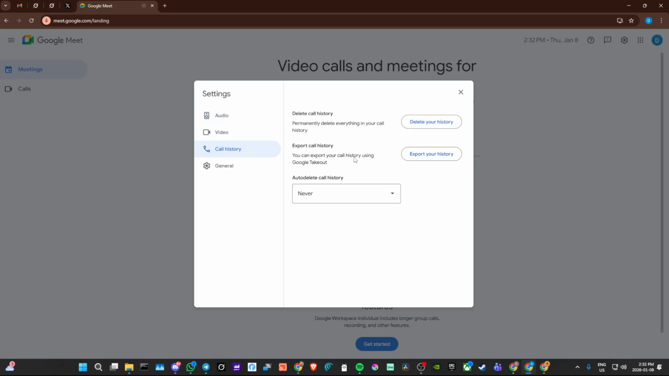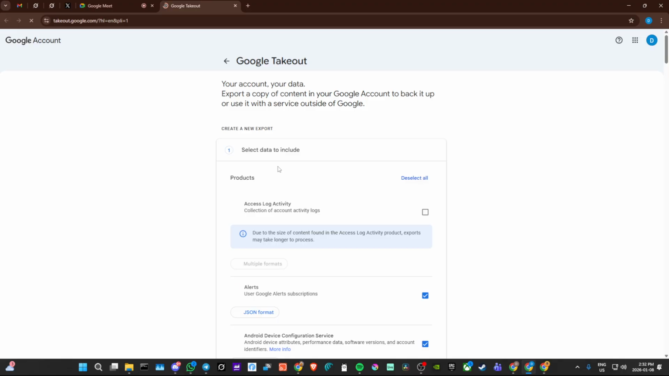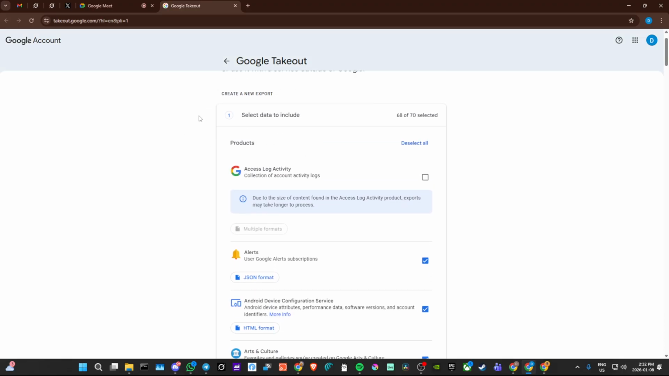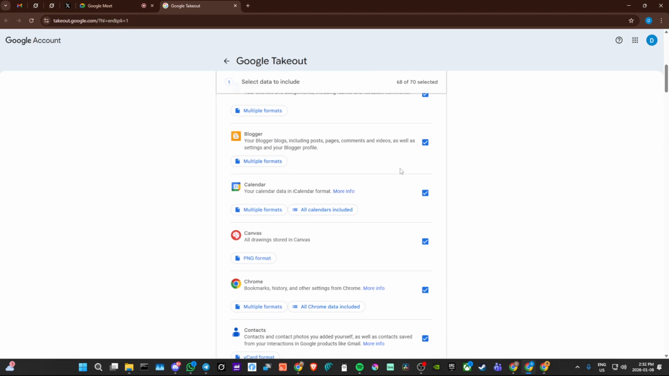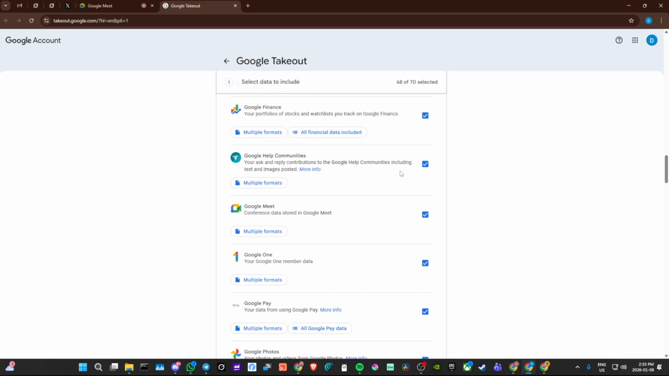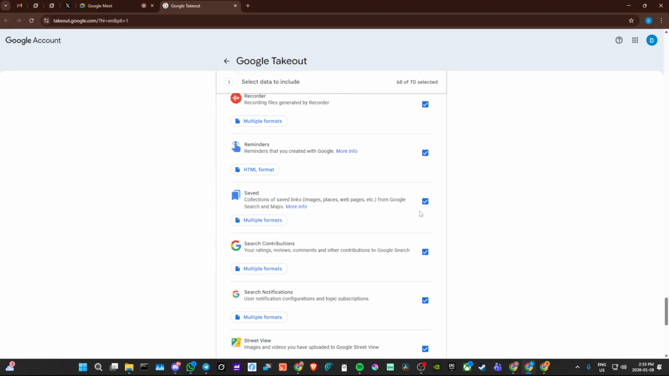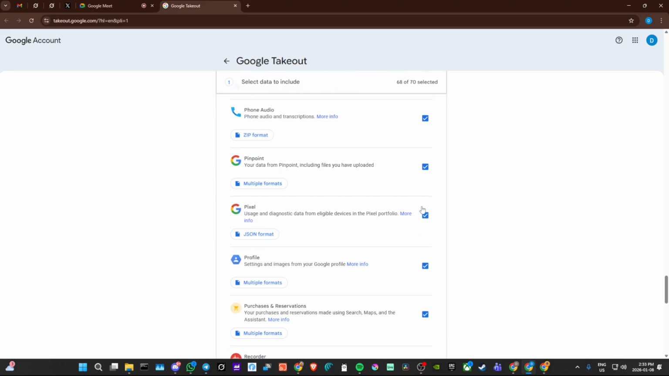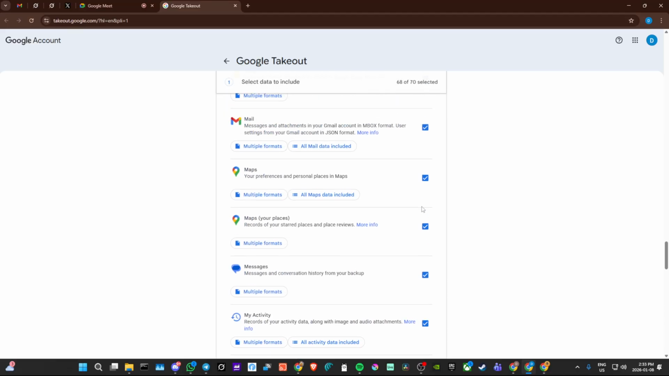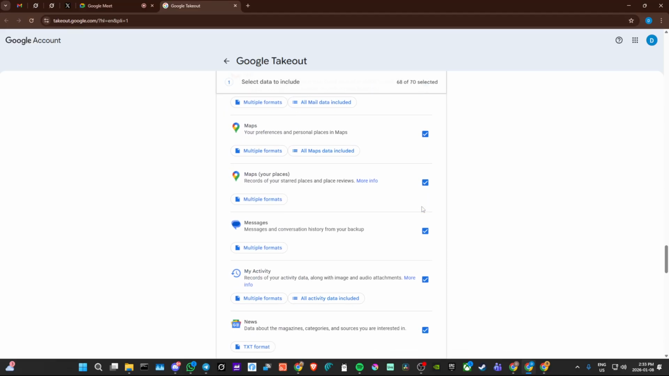Click on that and here you can see that you can export your history. We'll go ahead and do so. And then from here, we can access our log activity all the way down. We can select anything here that we don't want to export. So if you want to specifically export your Meet,